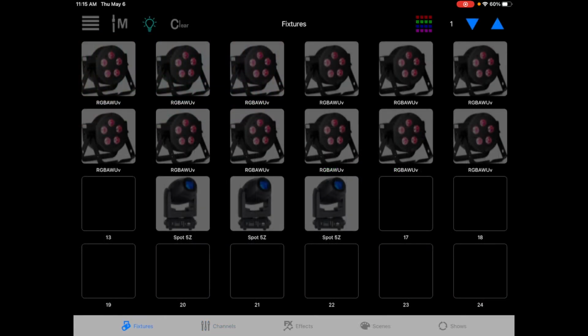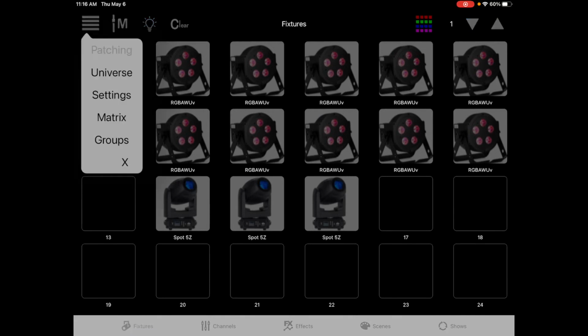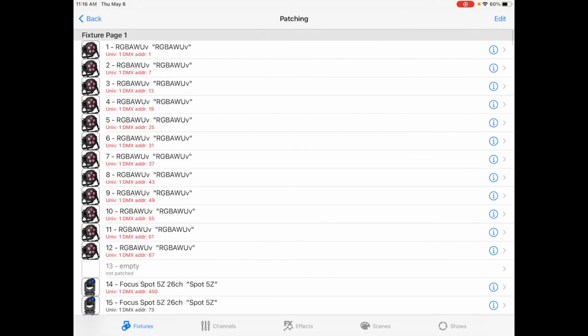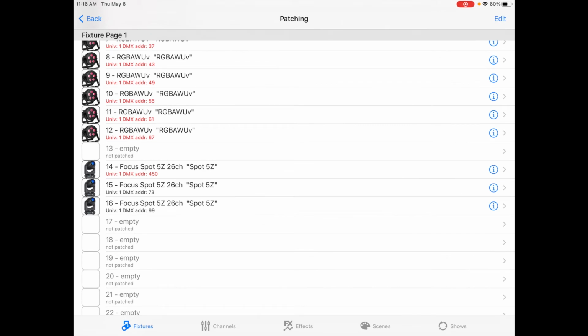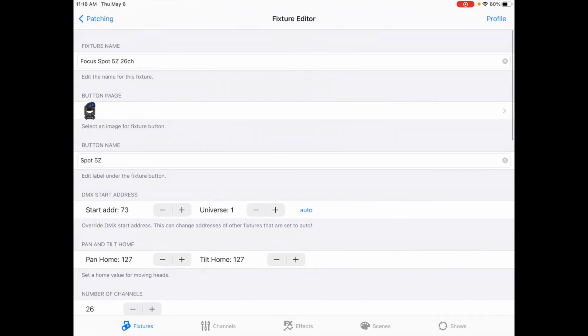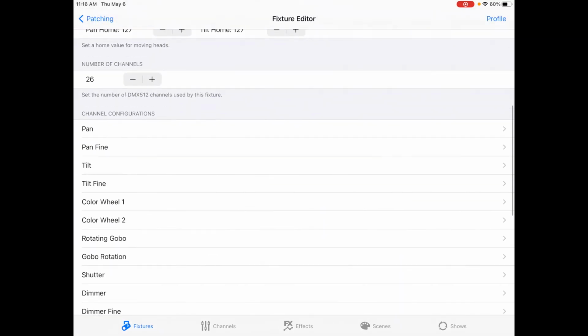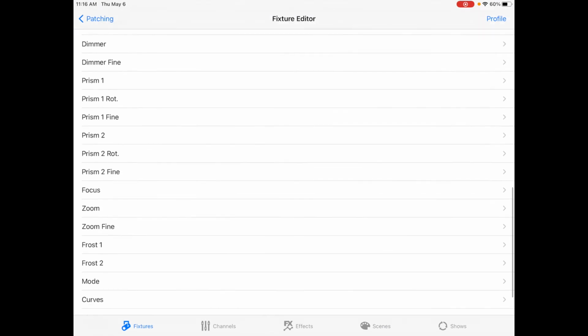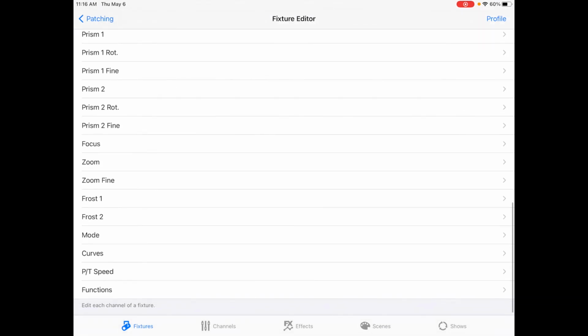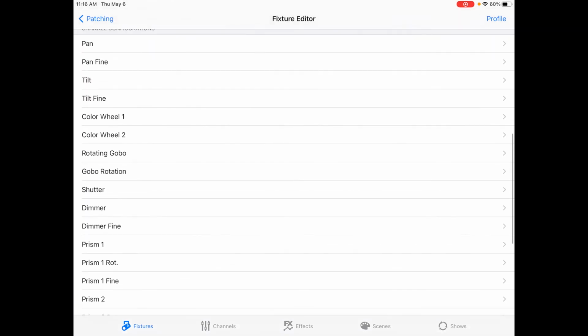The last new feature I'd like to show you here is the ability to set the home level for any channel on any fixture. And to do that, you go into your patching and you get into the fixture editor for the particular fixture that you want to work on. I'm going to choose fixture number 15. It's a focus spot, and I'll get into the fixture editor and I'll go down to the channel that I want to set the home level for. And in this case, I want to set the shutter channel, which is right here. I'll hit shutter,